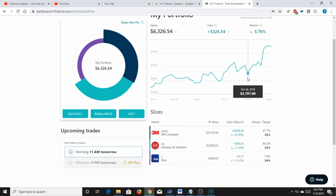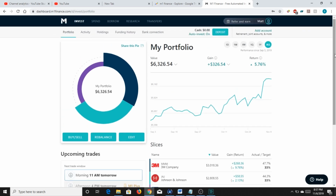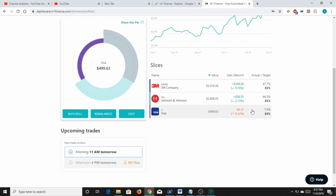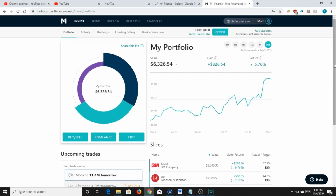The reason I invest in both of those is because they've taken quite a bit of a dip. I've also added about $250 for 2 months now, once at the beginning of October and once at the beginning of November, and that specifically is going towards Visa. You can see that it is remaining just under break even at this point, but I'm not too upset about it because it's a phenomenal growth company with a phenomenal compounding